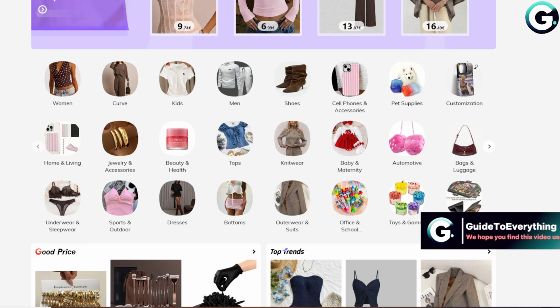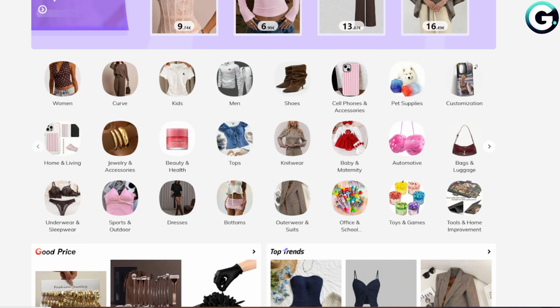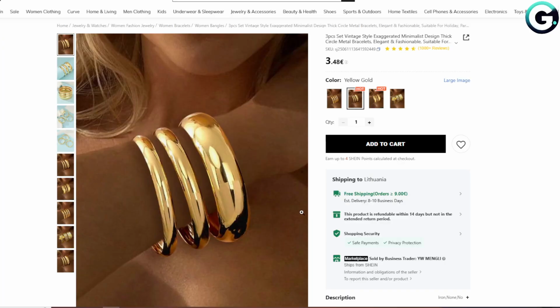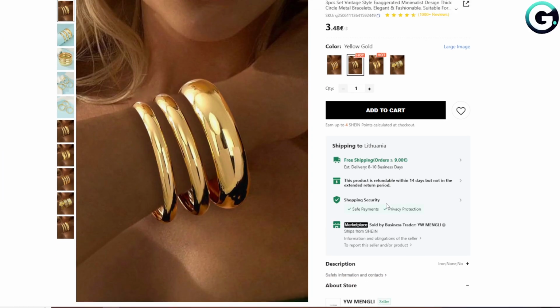So basically what you'll need to do is open your browser and go to SHEIN. After that you'll need to go to the categories and select the item. So basically I will select this bracelet, and how to find the item code, what you'll need to do is